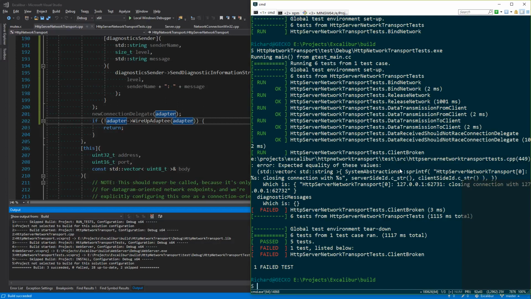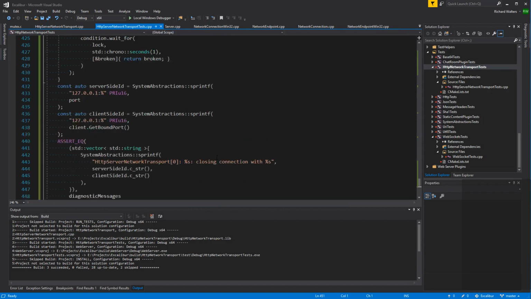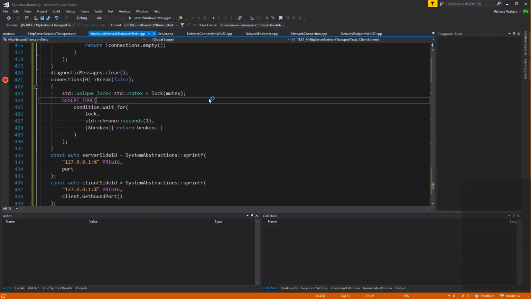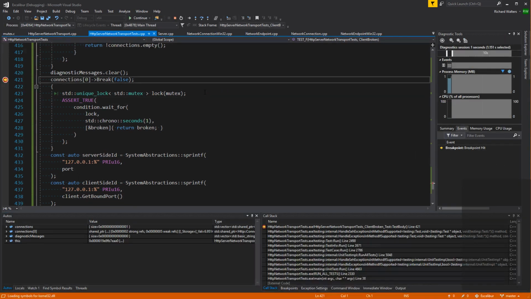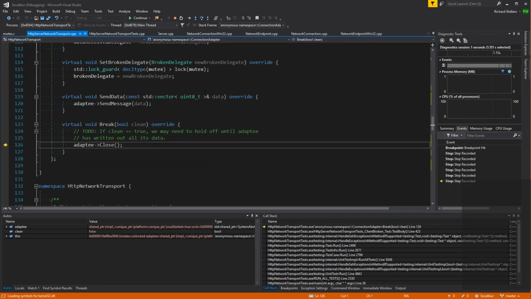Okay, I think I just got the text wrong in the... Oh, no, the diagnostic message is not sent at all. Oh, because did we not wire that up? Let's see what happens there. So, let's step through it. It's this break, which should trigger it. Adaptee close.